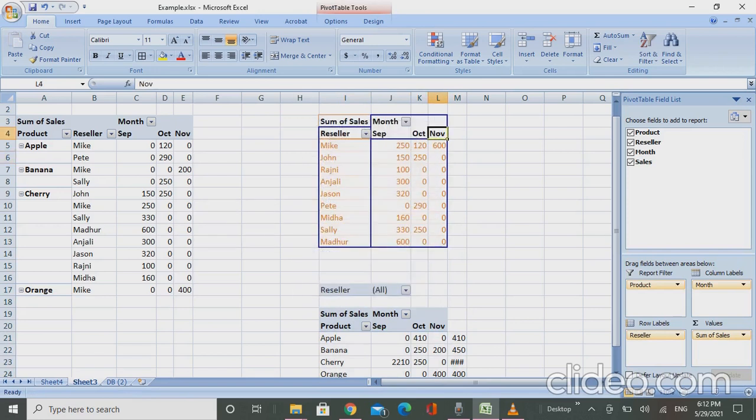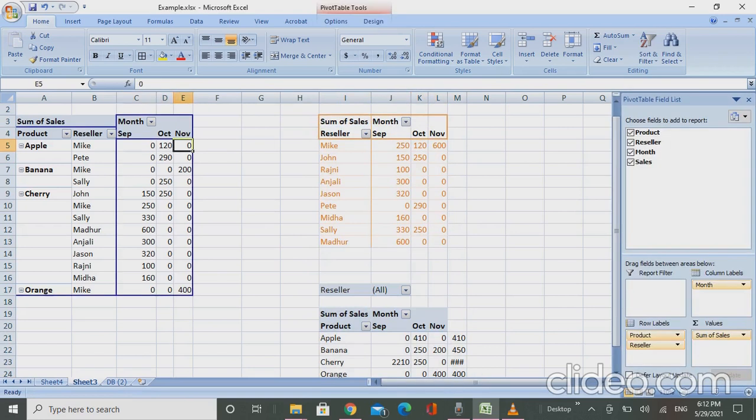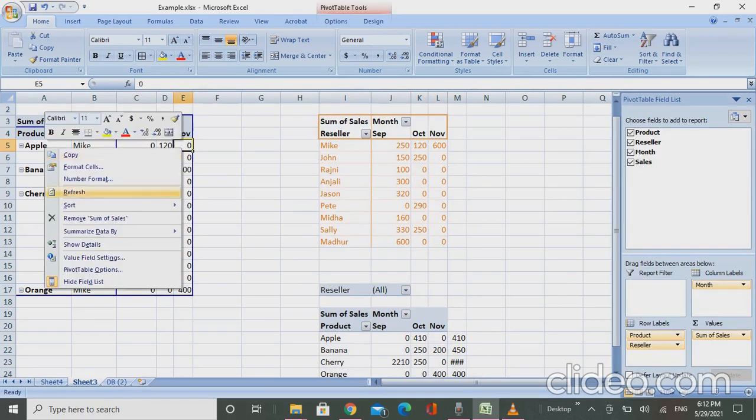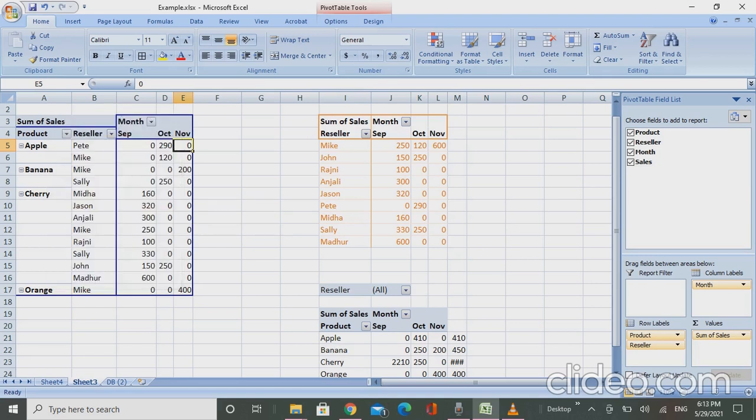Similarly, if I want to sort this on the basis of this November thing, I'll sort from largest to smallest. This has sorted it on the basis of the category wise, and products are sorted on the basis of alphabet wise, so it won't change that much, but still the highest figures are on the upside, so this has been sorted. Okay, so the next thing we'll go to is how to make a grouping in a pivot table.